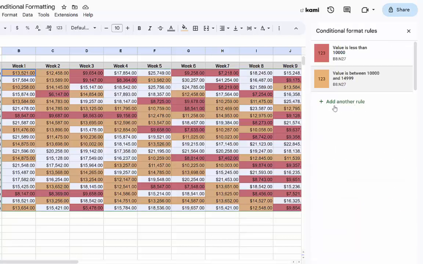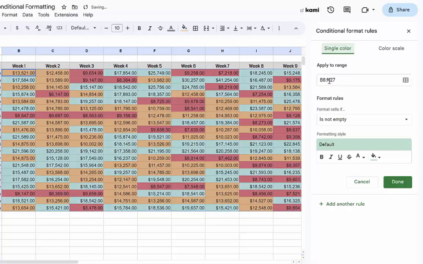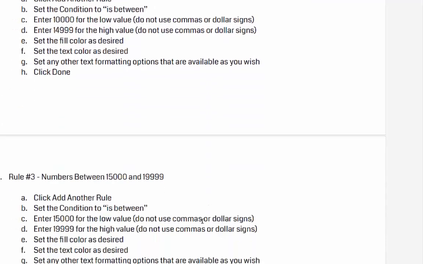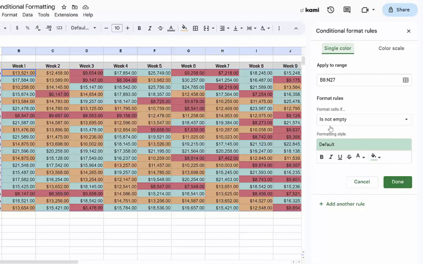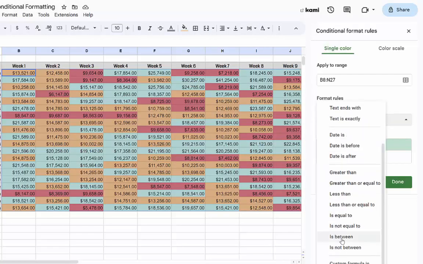Now I'm going to make another rule, and I'm going to pick up speed here, right? I'm going to go a little bit faster. I'm going to add another rule. Remember, keep this all selected, because when I add the rule, I want this to go from B8 colon N27. That's what it ought to say right there, B8 colon N27. All right, let's hop back over here and look at the help page. What's rule number 3? Rule number 3 is for numbers between 15,000 and 19,999. Okay, well, so it's going to be is between